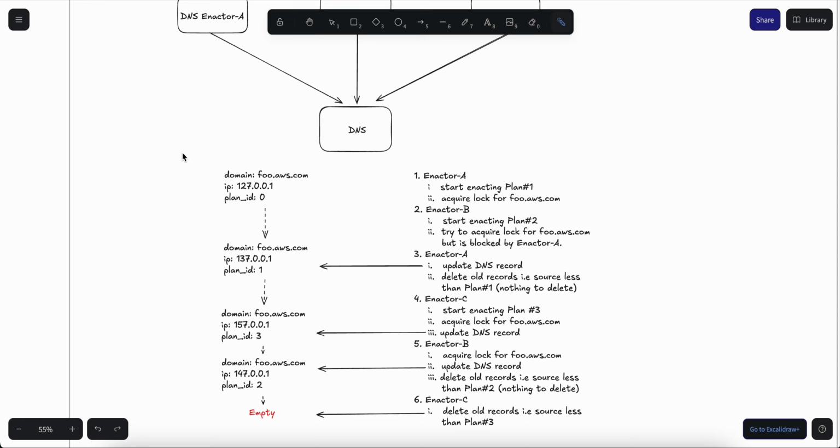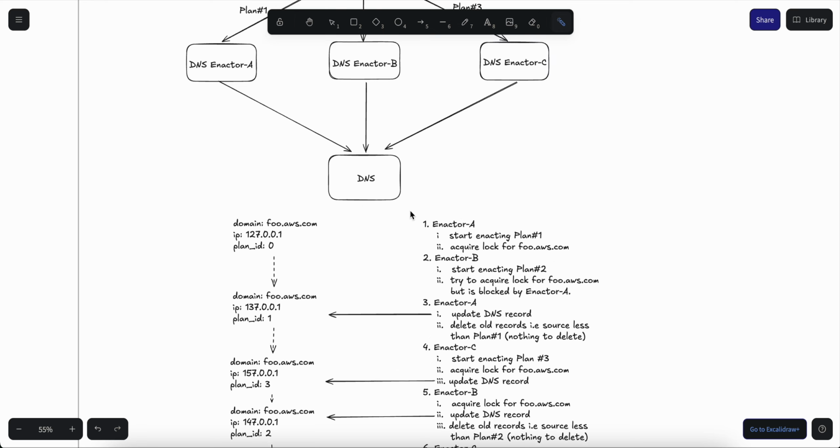So assume we have this DNS and the initial state looks like this. There are many different domains, but I've simplified it by choosing just one domain, which is food.aws.com, and this is the corresponding IP. And there's also some metadata around the exact plan that is responsible for creating this DNS record.